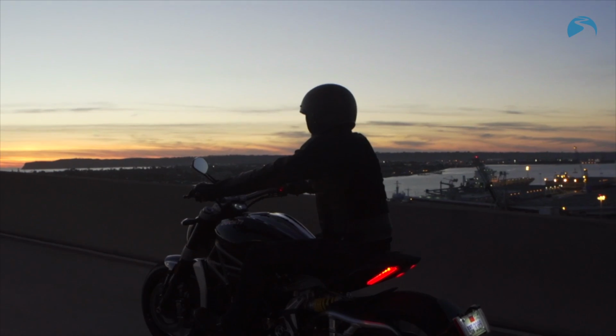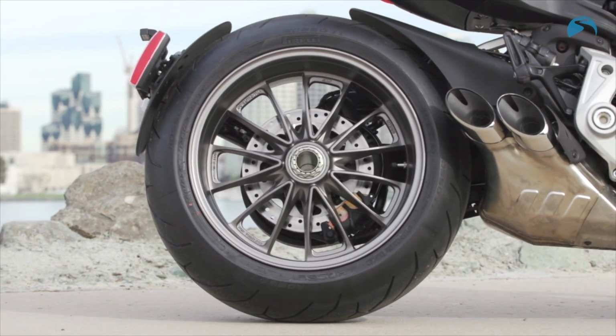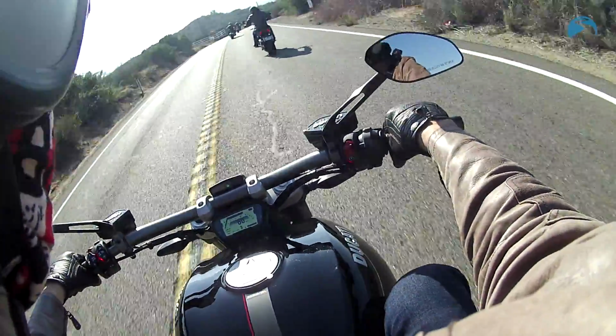S. Now to ride, the bike handles way better than you think a cruiser ever should. It's got a 240 section rear tyre, which when you are in town you can feel it kind of pulling the bike a bit, but as soon as you get out of town, get it on the twisty roads, this handles way better than any cruiser that you might come to think of, like a V-Rod, something like that for